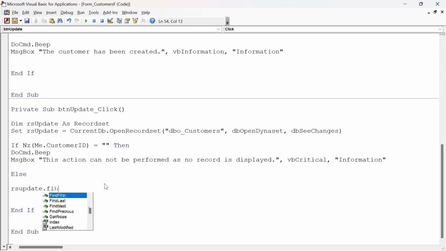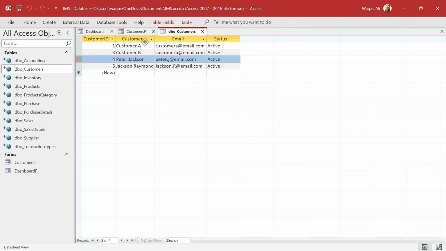And we'll say dot FindFirst. Okay. So first of all, you find a record which we intend to make changes to. And now Microsoft Access is asking, okay, I will find it, but what do you want me to find? So we'll say double quote, customer ID equals double quote, ampersand me dot customer ID. Right. Let me just explain, because this is very, very important. And you must ensure that you have this line of code. Otherwise, what will Microsoft Access do? It will locate the first row and it will update the changes in that first row. And that may be, not maybe, it will actually